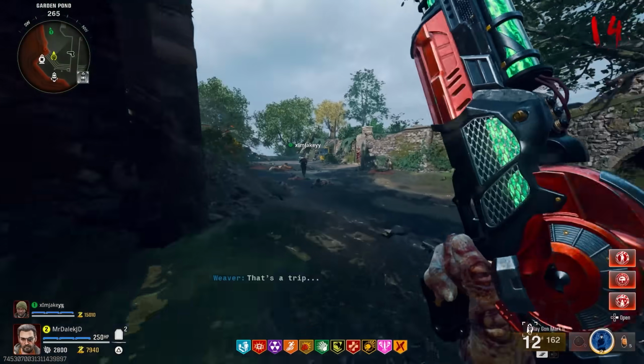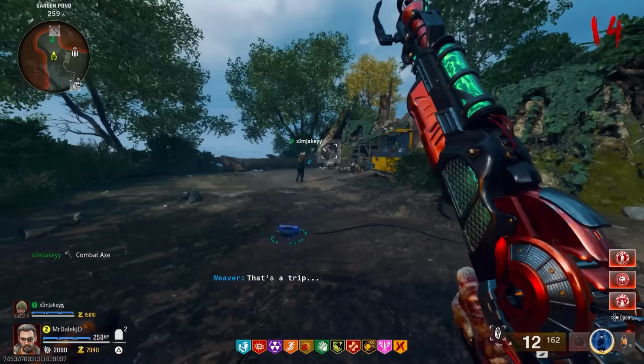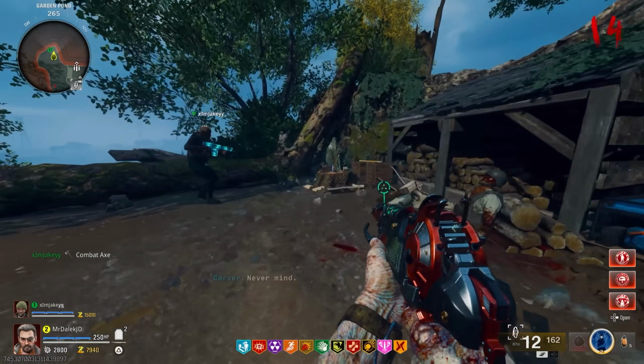And lastly, here is how to get the Mark II-P. First of all, we're going to need to get the canister for this ray gun, and in order to do that, you're going to need to have tomahawks. These can be crafted at the crafting table, but there are several free ones lying around the map, such as